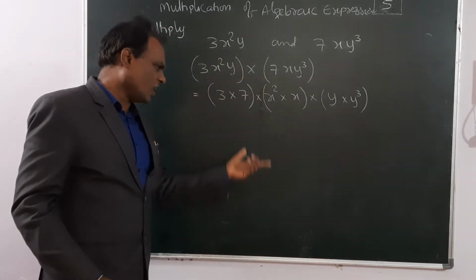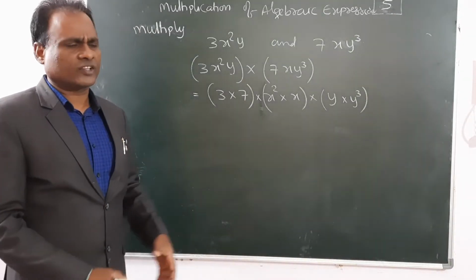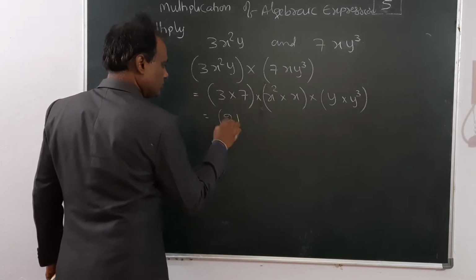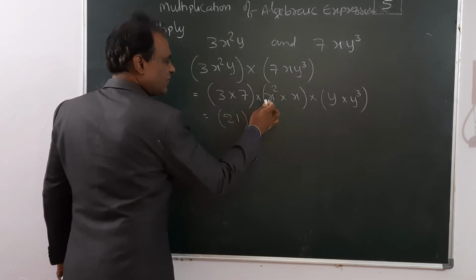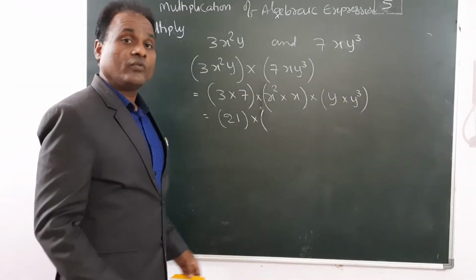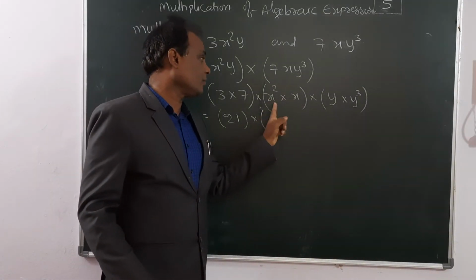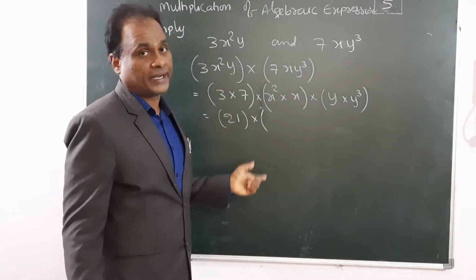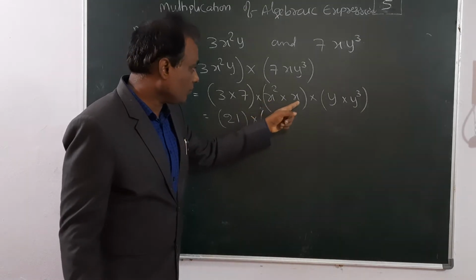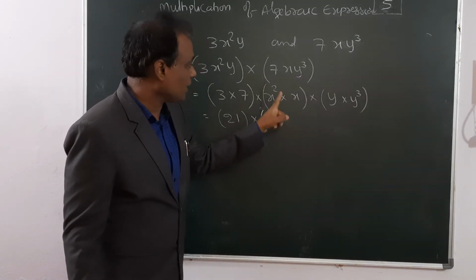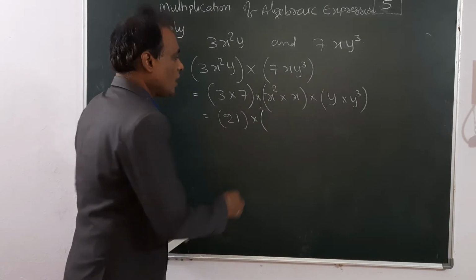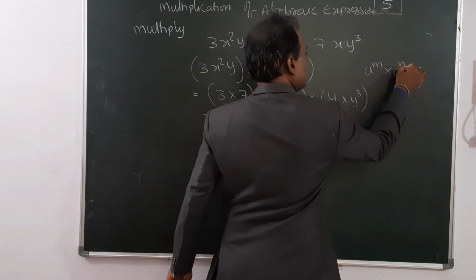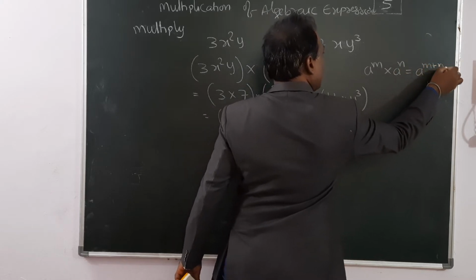Instead of writing all these steps, directly also you can write, and that I will also explain. Now, 3 into 7, 21. x square into x, how much? We studied how to multiply these variables in the exponents and powers chapter, the 4th chapter we completed. In that, if the bases are same, in multiplication the powers are added. What is the power of x here? 2. See this concept: a power m into a power n is equal to a power m plus n. I explained this concept.